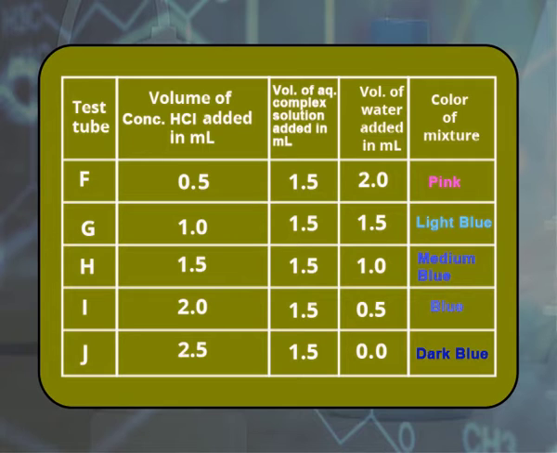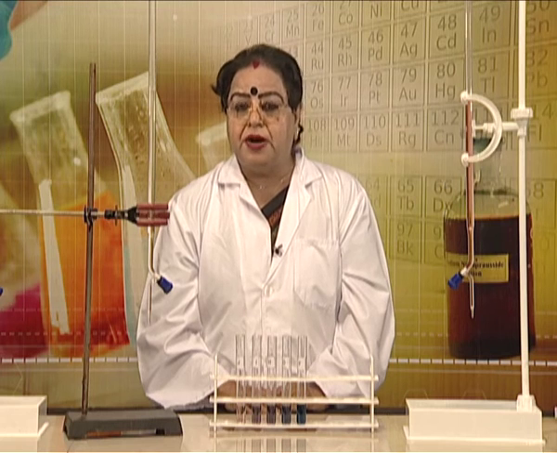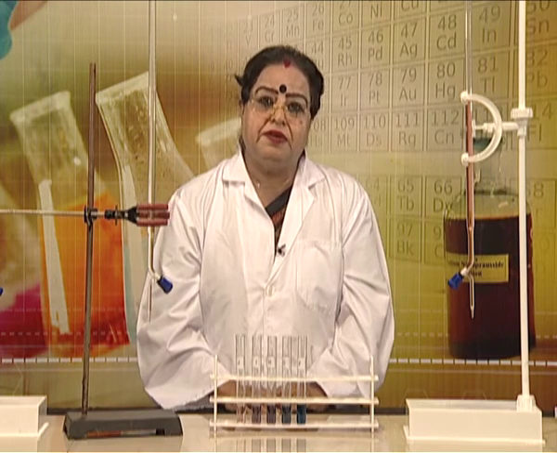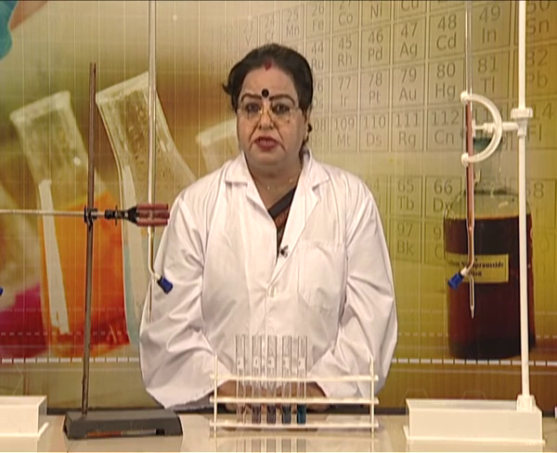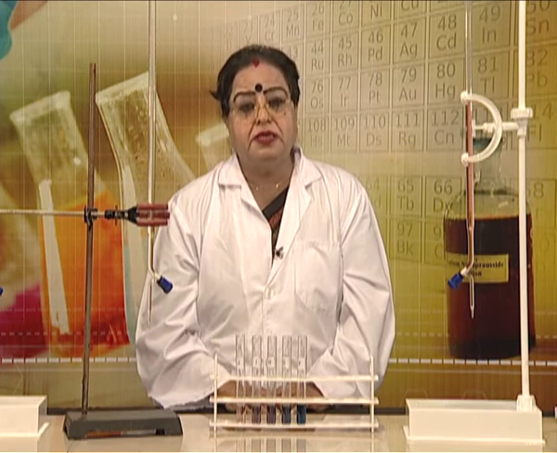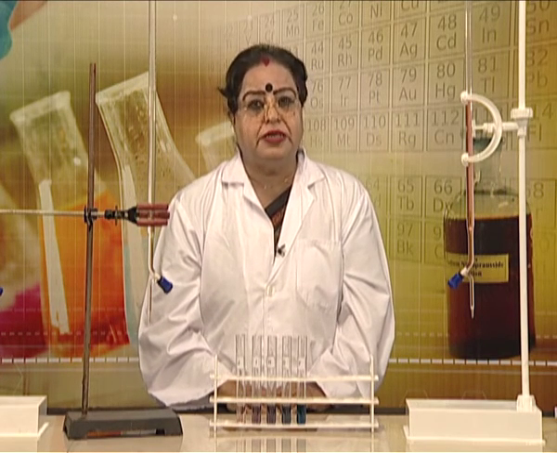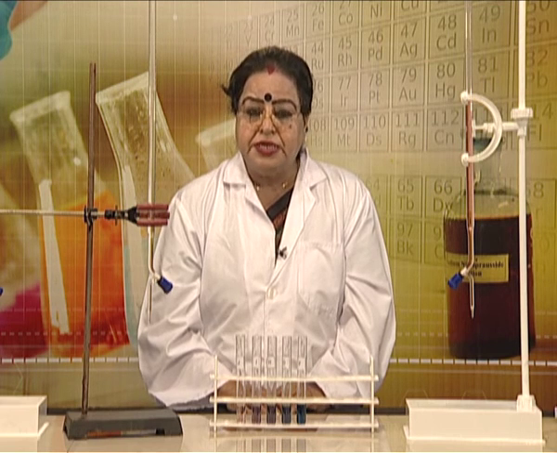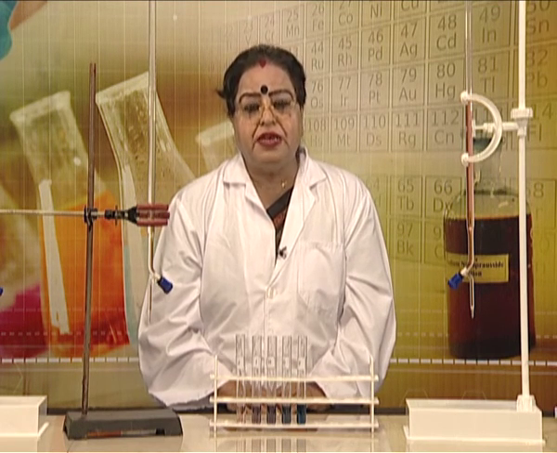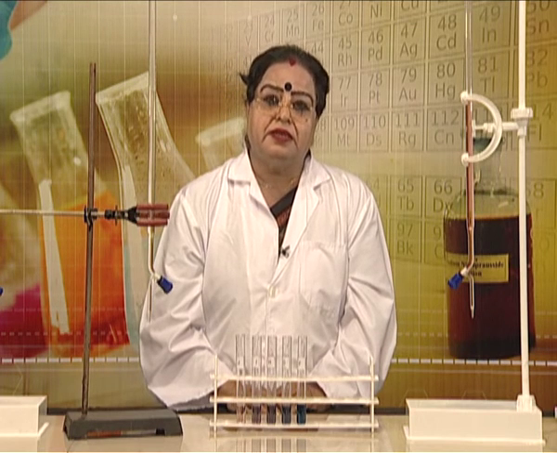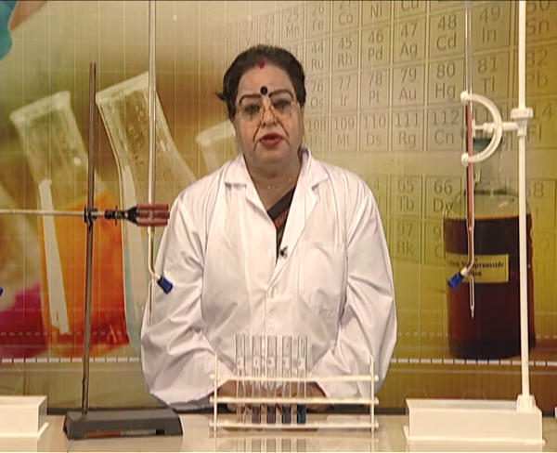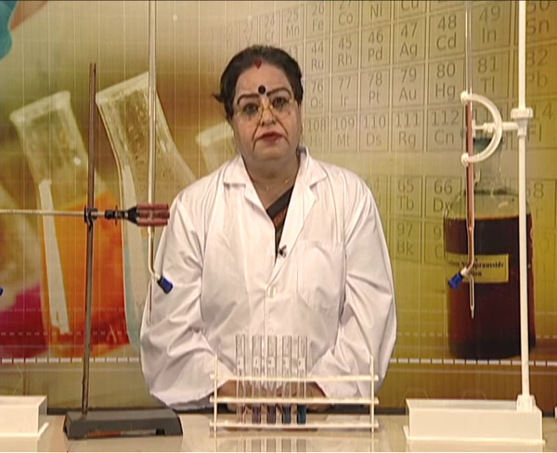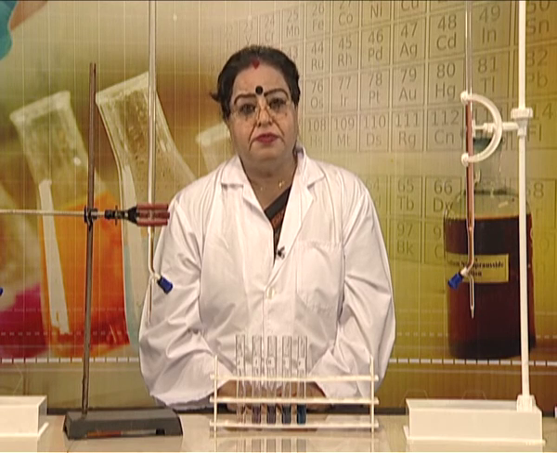We will record all these observations which we have made with respect to the colors and the amounts of HCl added and the amounts of water added in an observation table in part B of the experiment. Similarly, we have already recorded our observations in the observation table for part A of the experiment. Now, it is time for you to go through these readings once more and see that while we have changed the concentration of the reactants, the equilibrium has shifted in a direction to give us more and more of the products, which was in accordance with the Le Chatelier principle.